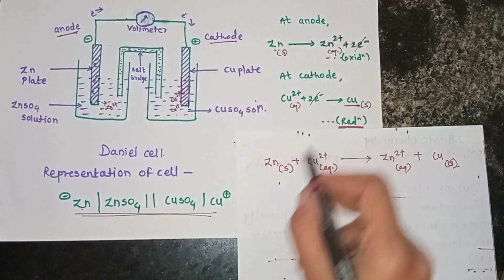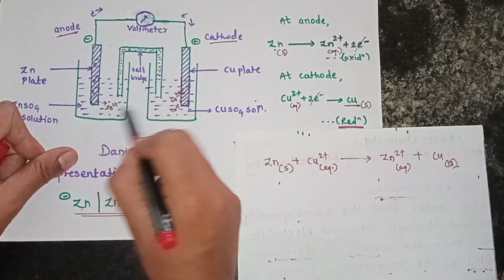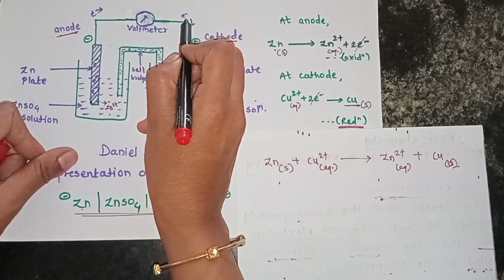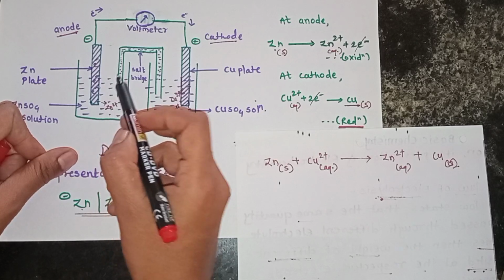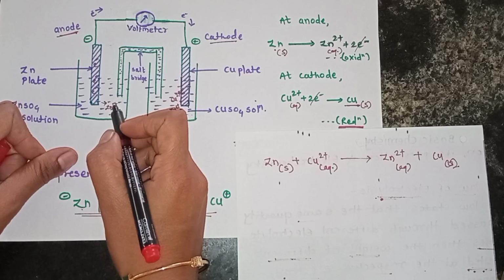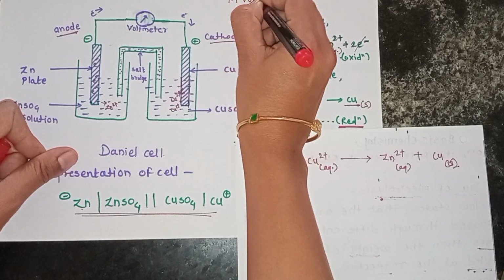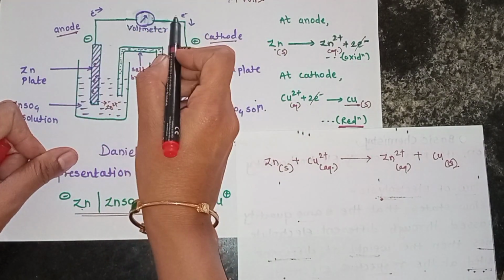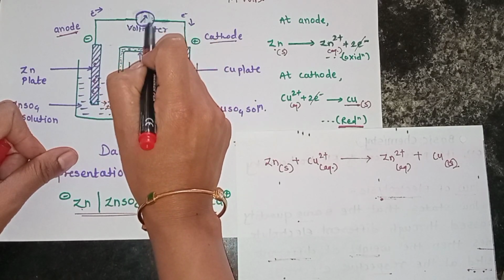In the Daniell cell, the chemical reactions are carried out in these two half cells, so electrical energy is generated. That is why this is a primary cell, because in this cell chemical energy is converted into electrical energy. The EMF of the cell is 1.1 volt, which can be seen on the voltmeter. When the electrons are transferred from anode to cathode, deflection occurs at the voltmeter.